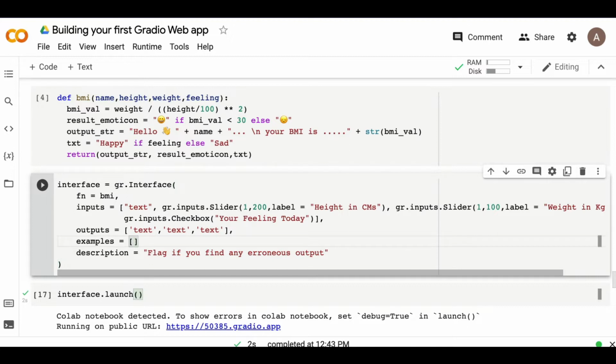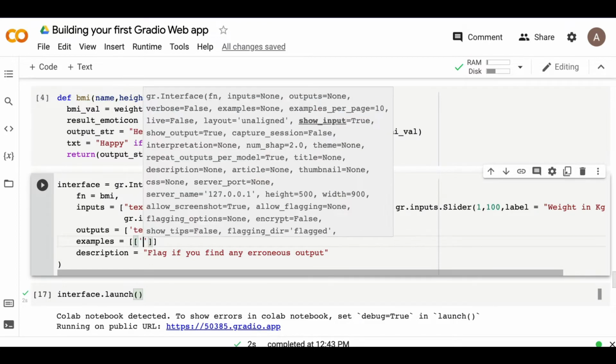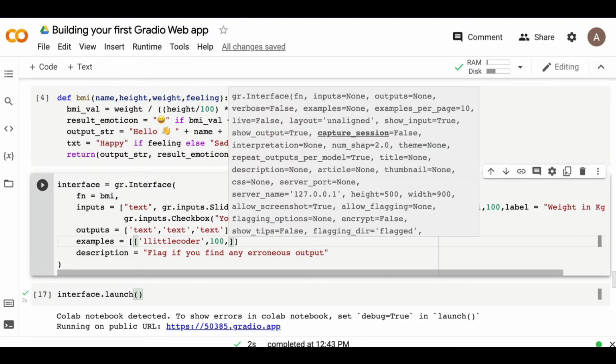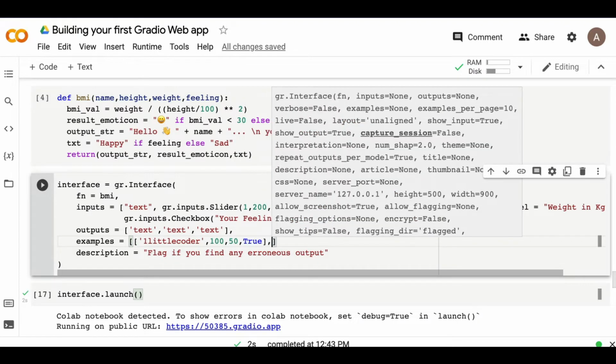Here I'm going to select all the examples I want to give. The examples are nothing but predefined answers. So I'm going to have a list, and within that another list, and the first one is, let's say, one little coder name, the second is 100, the third is 50, and the fourth is true. So this is one example.